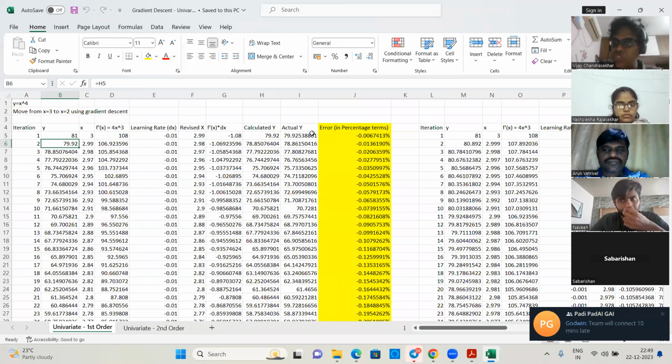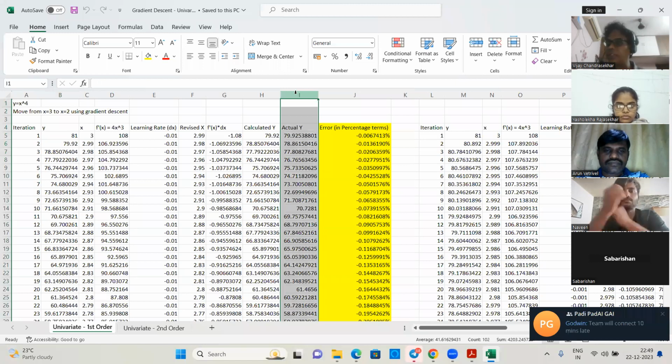Is that the actual value at the end of the previous step, or is it the estimated value at the end of the previous step? The point that I'm trying to make here is, and let that be very, very clear, that it is not the actual value at the end of the previous step, but the estimated value. Why? Let's understand when we run this algorithm,